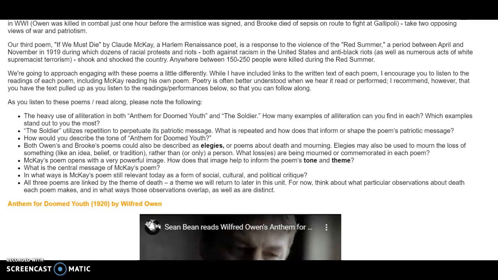And what you should note about these particular prompts or questions is that they do a couple of the things that you should expect to see in the short answers you'll see in the exam for the poetry unit. So let me just move over to the side for a second and explain to you the three types of short answer questions that you're going to see in the exam. And then we'll come back and talk very briefly about these questions here and how they reflect what I was just talking about. So there are three types of short answer questions that you can expect to see in the exam. The first type is the comparative type.